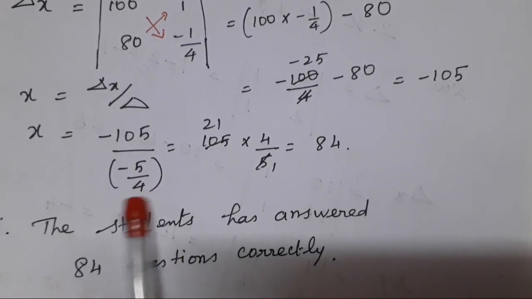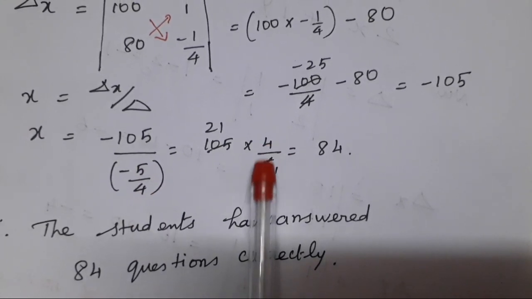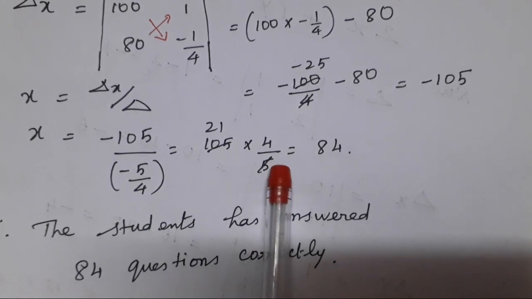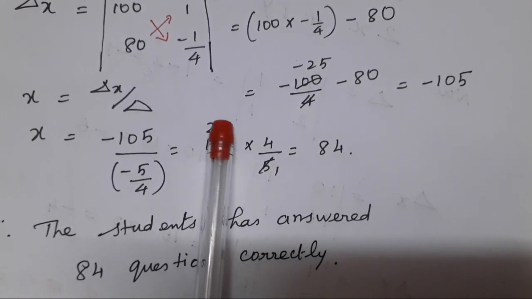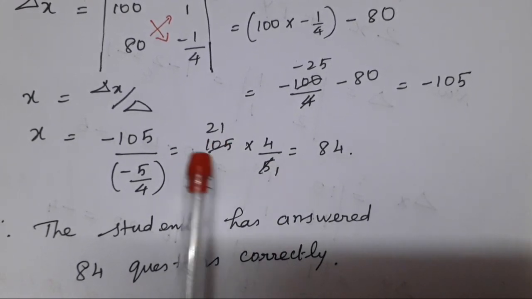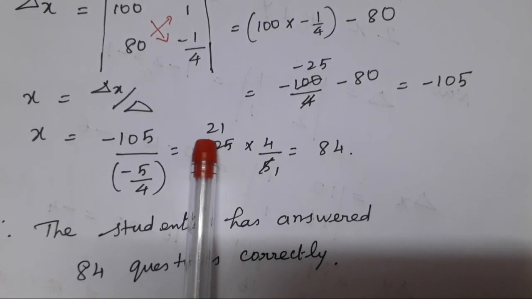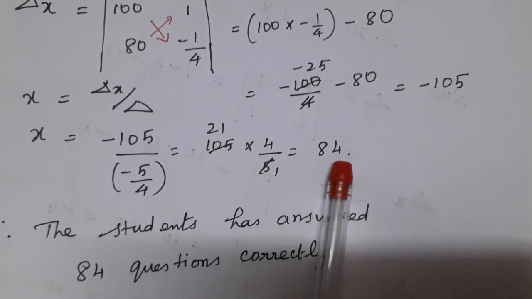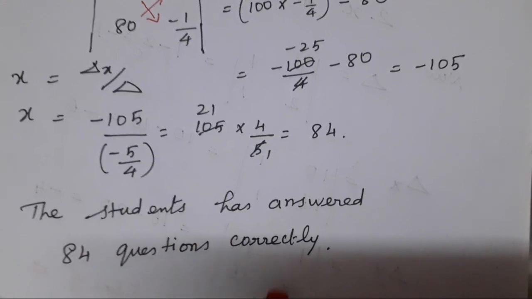5 by 4, write the reciprocal for the denominator. We get 4 by 5. After cancelling the value: 1 5 is 5, 2 5 is 10, 1 5 is 5. So I cancel 5 and 105, we get 21. 21 into 4 is 84. Therefore, the student has answered